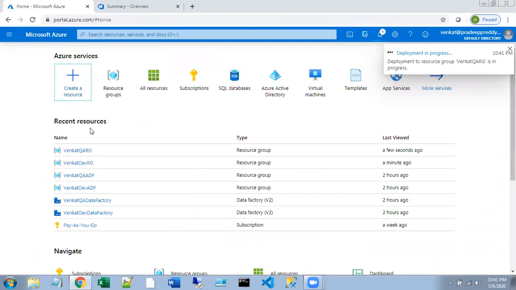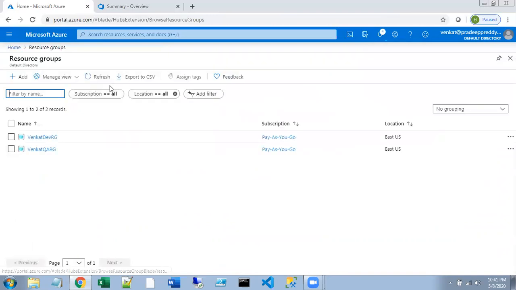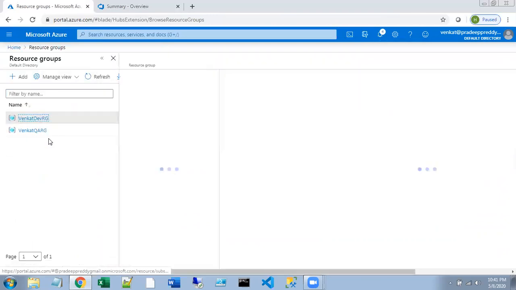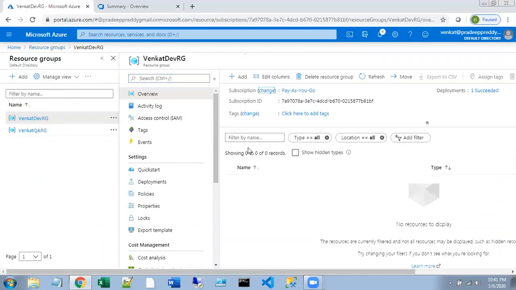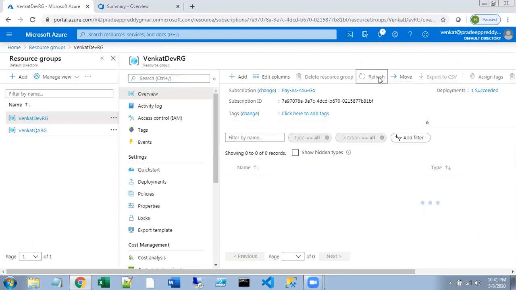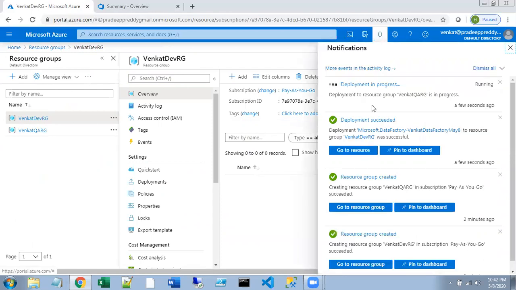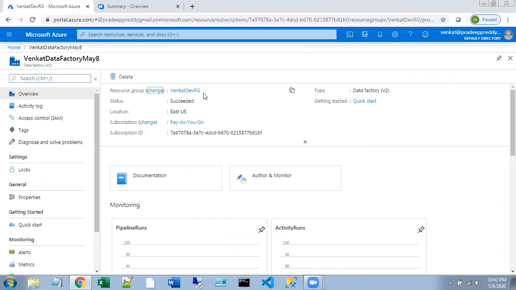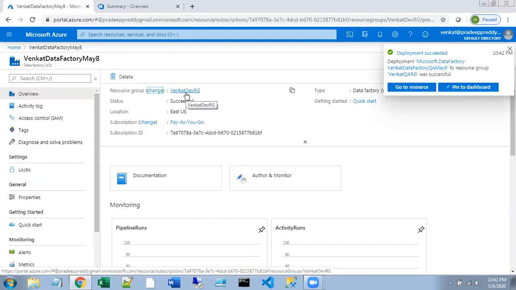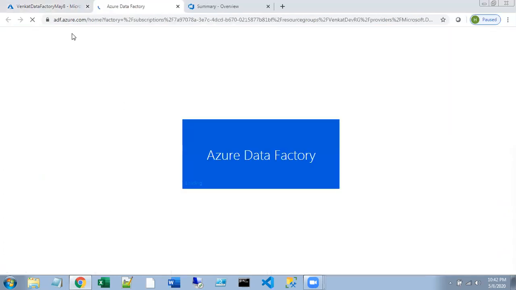In the meantime, if you go to resource groups, the Dev Data Factory is already created, right? See, this is in the Dev Resource Group. Now go for author and monitor.